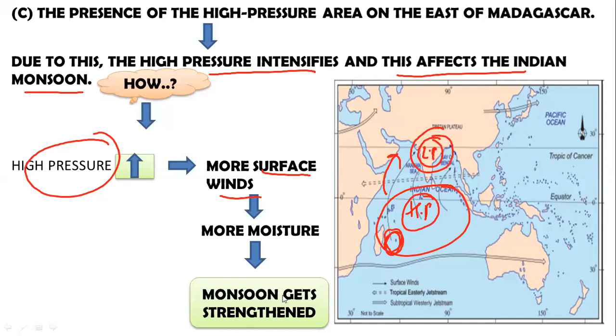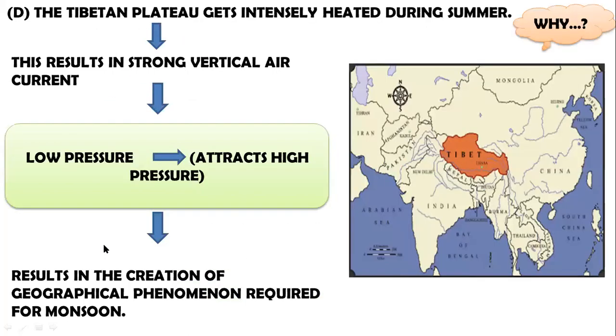Now our next reason was that the Tibetan plateau gets intensely heated during summer. See, the Tibetan plateau is at a great height, no doubt. It is a plateau that is almost at a height of about that of the Himalayas. But this plateau is of volcanic origin, and the land mass that is formed as a result of volcanic eruption absorbs a lot of heat. So during summer, this area, the Tibetan plateau, gets intensely heated, due to which again a zone of low